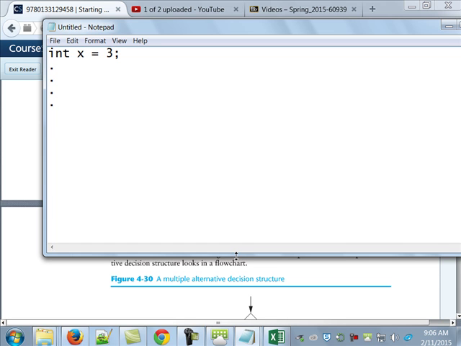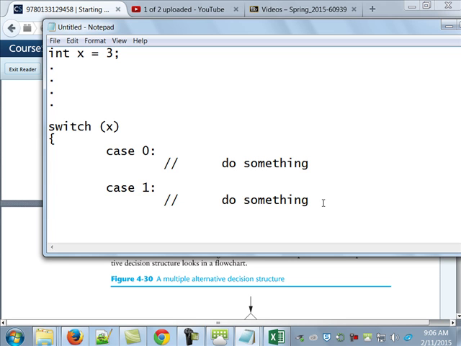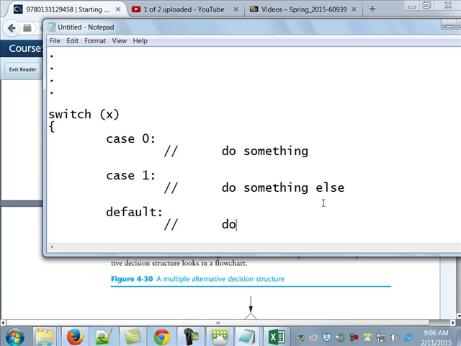And then later on, if I write something like this, switch x, whoops, case 0, and I'm just going to put a comment here, do something. Case 1, that should be a colon there. Do something else. And I can have as many of these as I want, and then I can eventually say default, do something